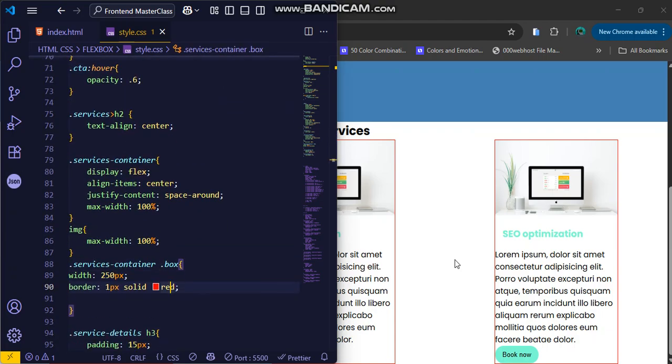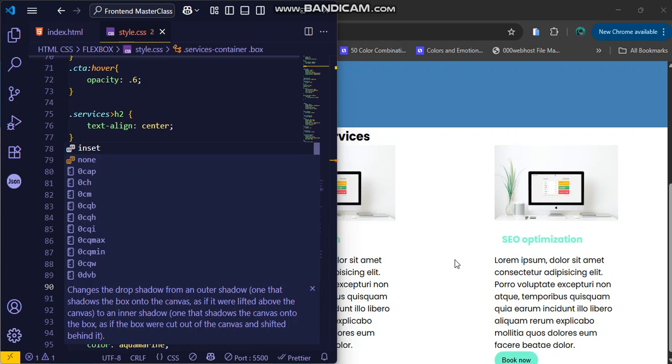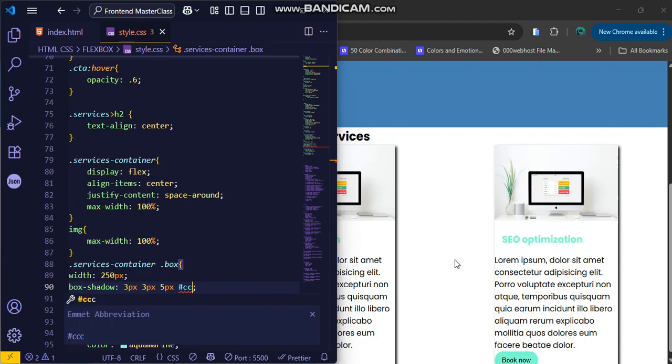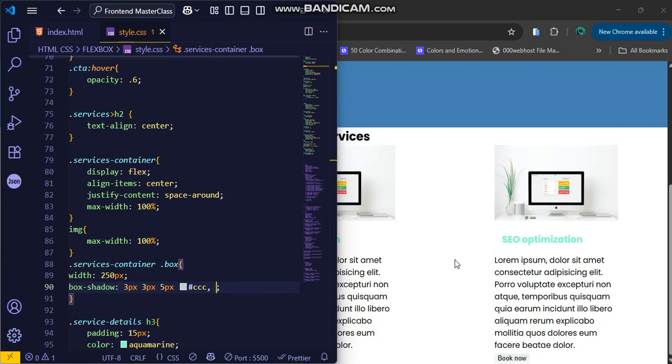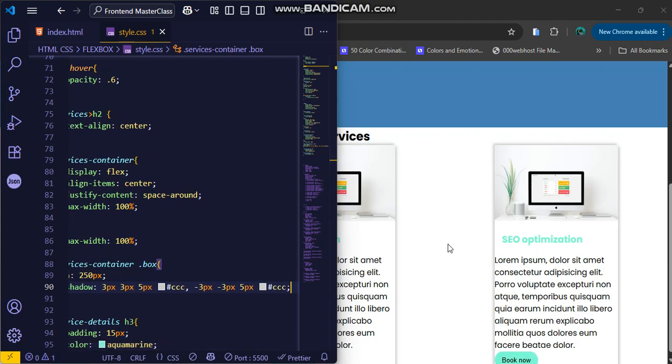Let me remove the border for now, we don't need it. But let's say box shadow 3 pixels, 3 pixels, 5 pixels glow, and the color, and then -3, -3. Okay,